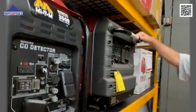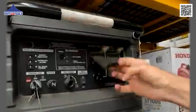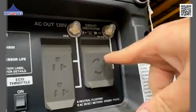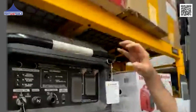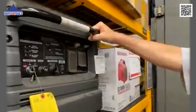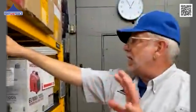Okay, here's a little bit larger inverter. This particular one, same thing though: a 20 amp circuit, a 30 amp circuit. So this is also a 3,000 watt inverter. This one is a Honda, a larger unit, but running the same amount of power,